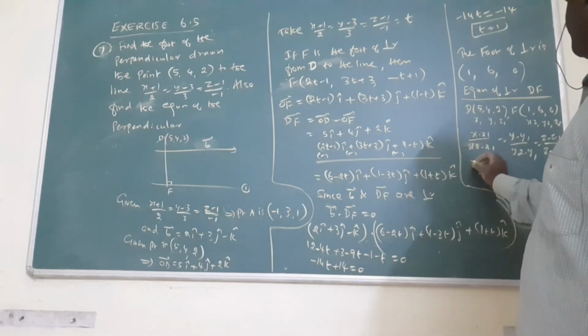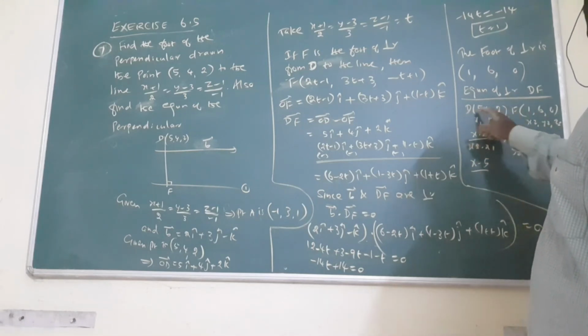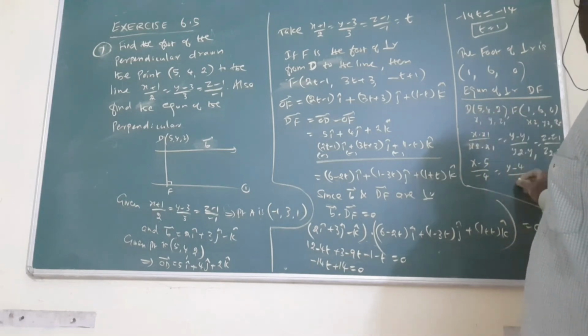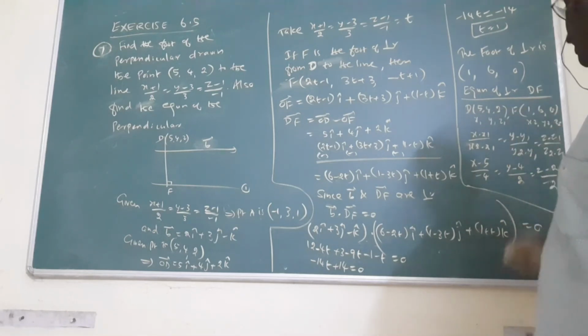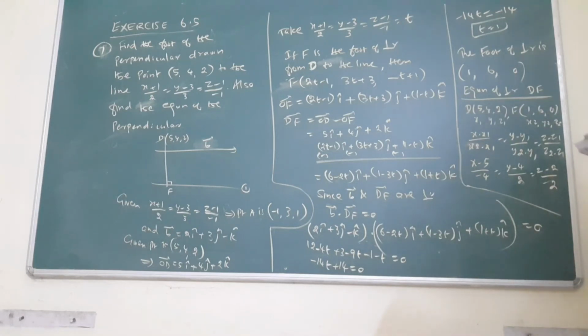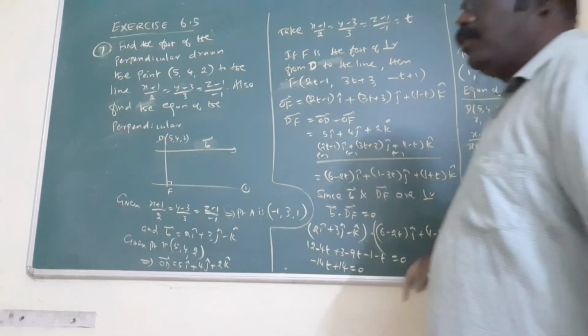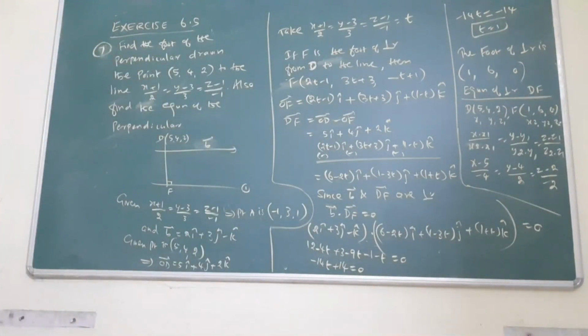Now x minus x1 is x minus 5, divided by x2 minus x1, that is 1 minus 5, which is minus 4. Direct answer. Y minus 4, over second point minus second point, 2. Z minus 2, over third point minus third point, minus 2. This is the answer. Two points are given, therefore by the 2-point formula you find the equation of the perpendicular. That is the answer. First the point F, called the foot of the perpendicular, afterwards the 2-point formula. This exercise is completely over. Refer to the example problems. I did all the exercise problems. Today that's all.